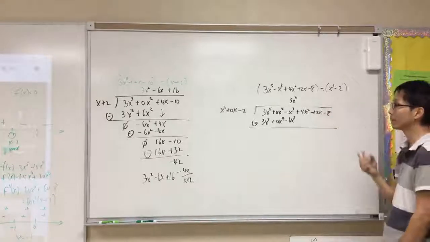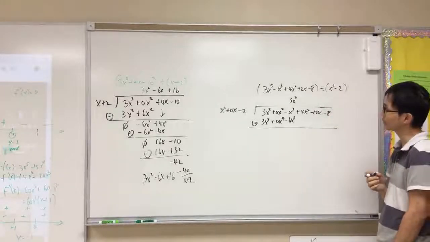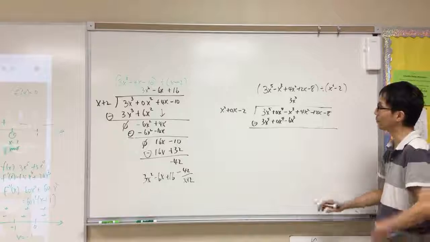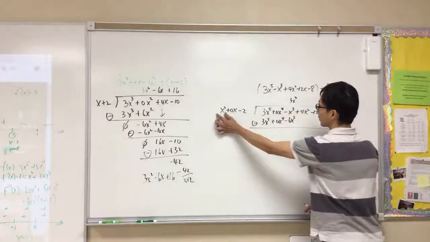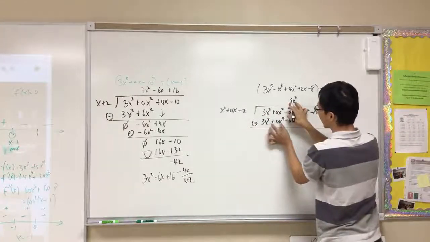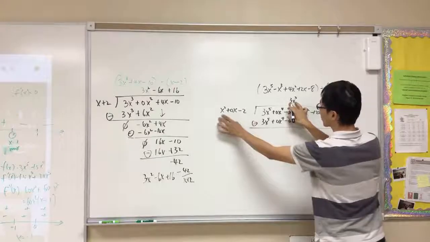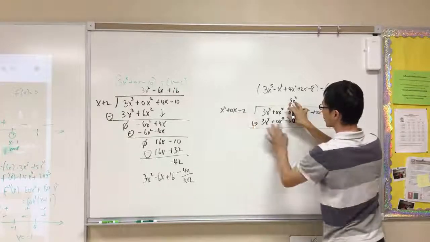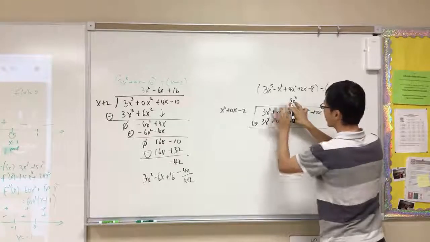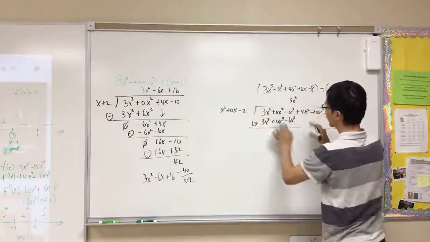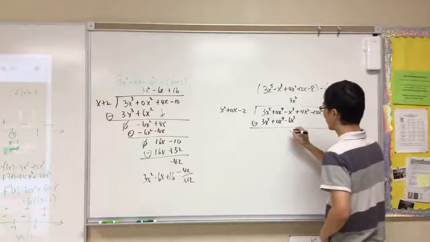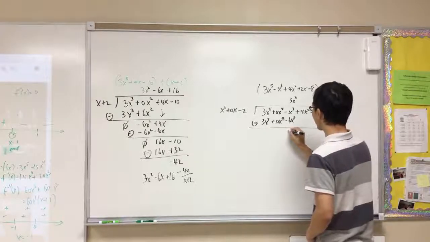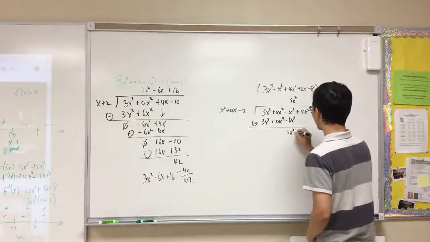What he's doing is the 3x cubed at the top, you multiply it by this, and then you're going to replace the order here. So it'd be 3x cubed times x squared is 3x to the fifth. And here you multiply by this, so 3x cubed times 2 is negative 6x to the 3rd. So this one's going to be plus, so it's going to be 5x to the 3rd plus